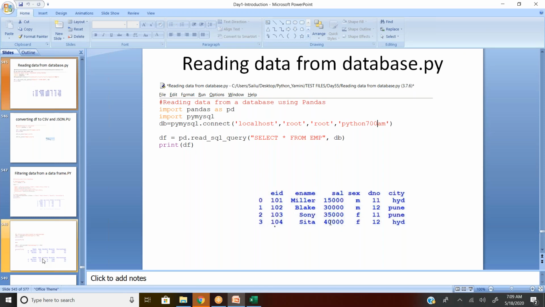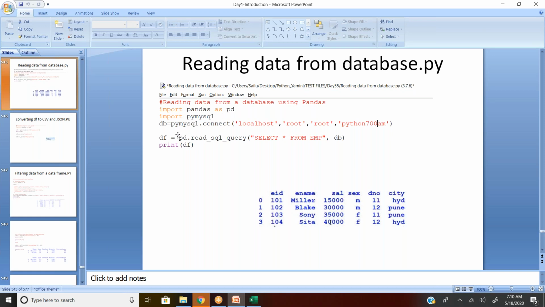If you want to read data from some database, maybe SQL or Oracle. Earlier I explained how to read data from SQL and how to write a file. Similarly, using pandas you can also write and read the data and do some kinds of activities. The package which will help me connect to the SQL database is PyMySQL. So import pymysql is one module I need to install. Second one is import pandas as pd, since I need to connect to the SQL system using pandas.